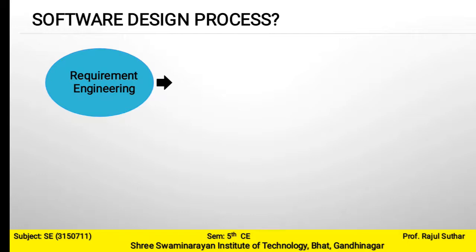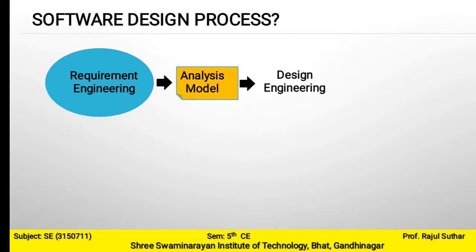Again, let us understand with a proper figure. Here is requirement engineering, which we are all familiar with from the previous chapter, requirement analysis and specification. We discussed what requirement engineering is, what SRS is, what requirement analysis and requirement elicitation are, and the requirement engineering process. All things were discussed. So the first step is requirement engineering, then the analysis model, and then design engineering. We are also familiar with design engineering.